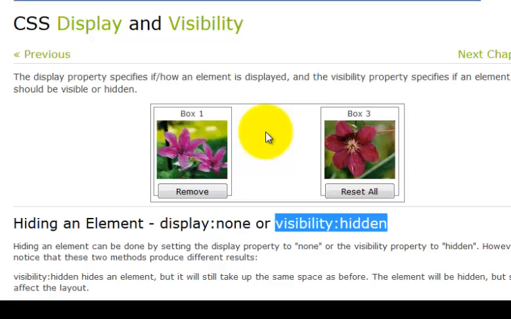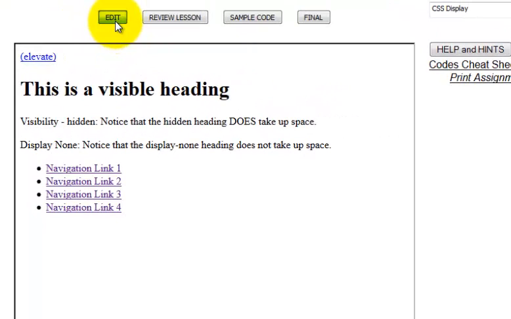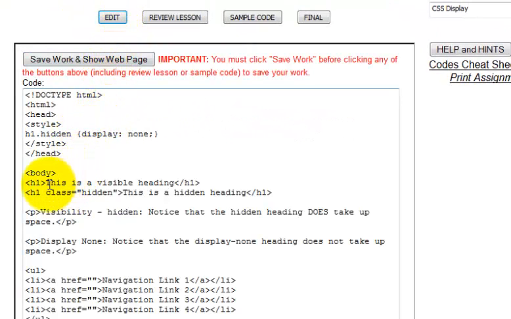to have the user make some of these decisions. But there are going to be times where you want something to disappear as if it was never here, and there are going to be times where you want the space to be retained. So let's go over here back to our page, and just to show you how it works. So I have H1, it says this is a visible heading, and then H1 class hidden says this is a hidden heading. And so what we want to do first off is just hide it. So we're going to say visibility, and you see I have H1 with a class of hidden, so H1 class of hidden, and we're going to say visibility